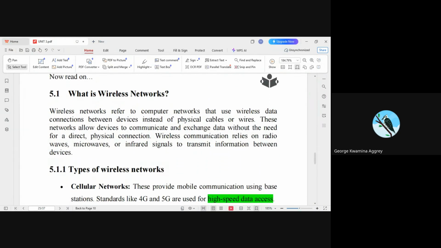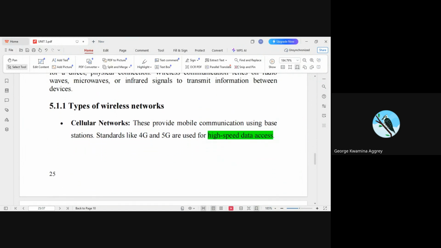What is a wireless network? I've mentioned it. All you are doing is connecting devices, and these devices are connected using free space. Now, in these types of wireless, we have a lot of them. We have the cellular; in the case of cellular, the telecoms operate using it, and it is a